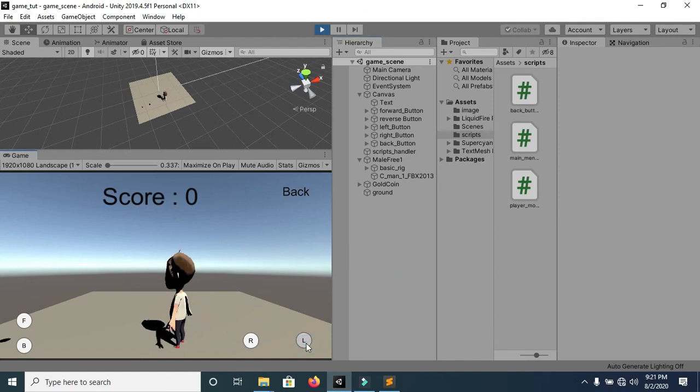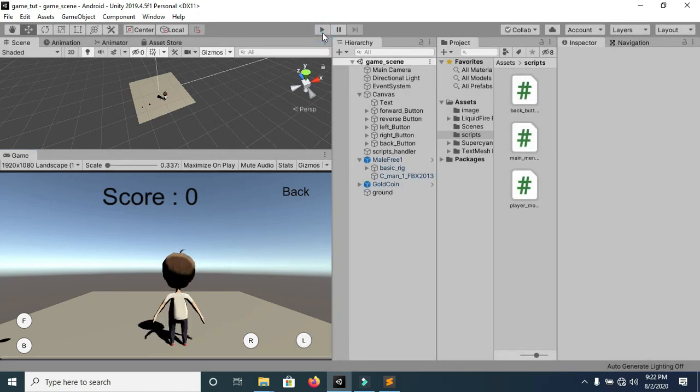Now you can see, until I release any of the UI button, the player continuously moves, whether it is in the right direction or in left direction, or whether it is moving in forward direction or in backward direction. All functions are working perfectly according to our need.